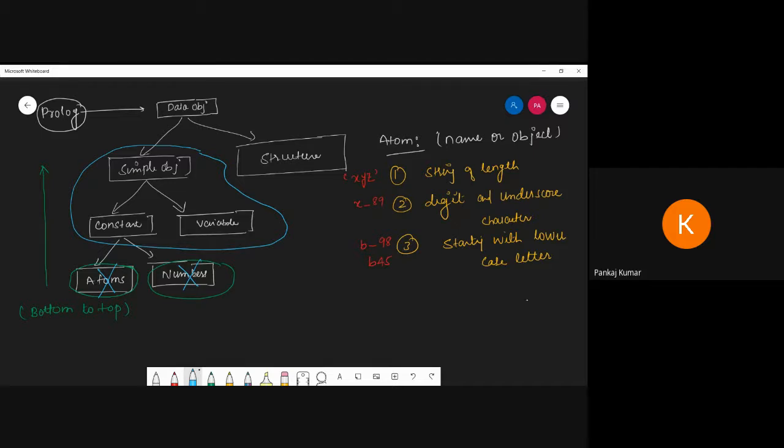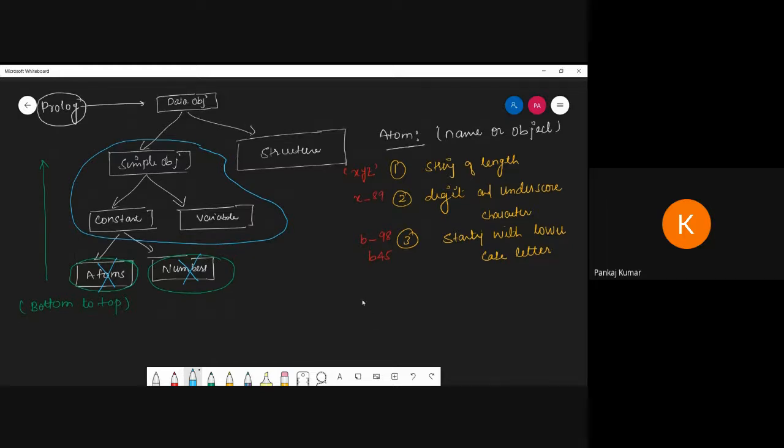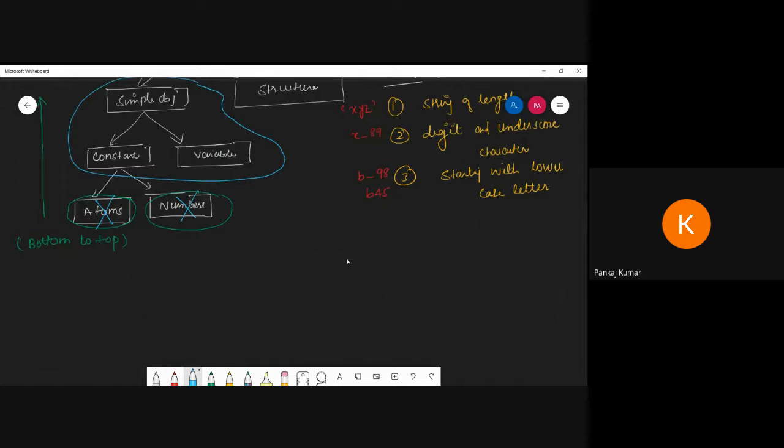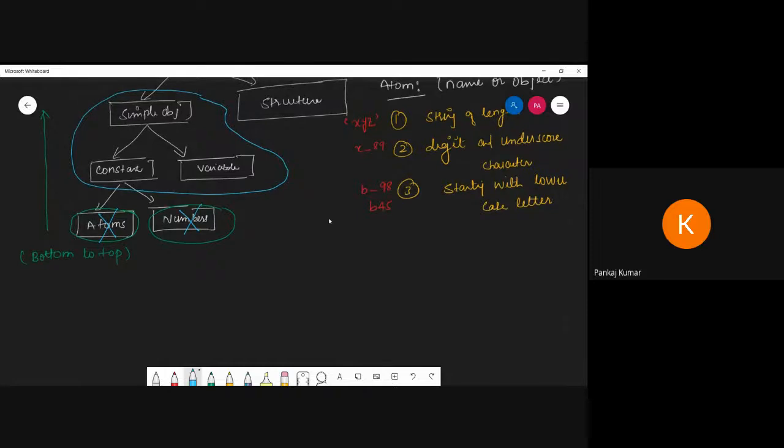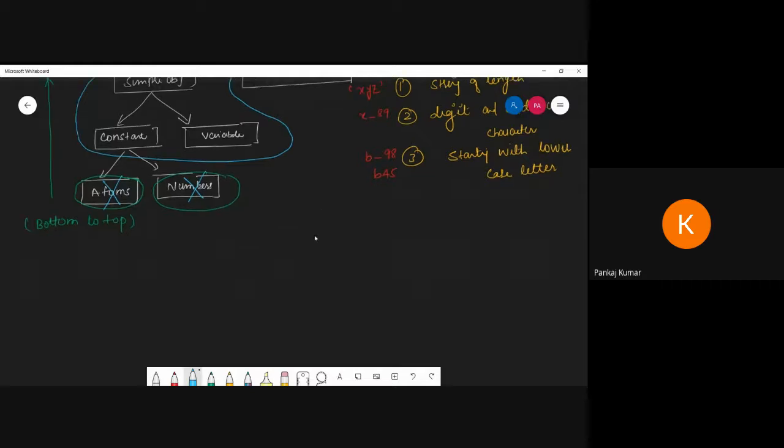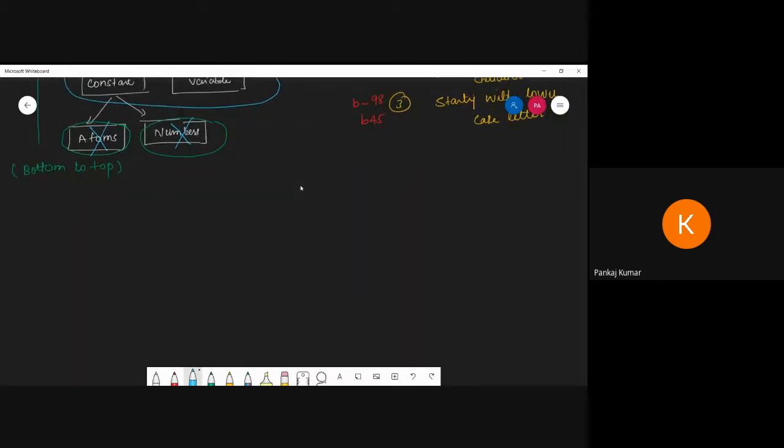So a simple object can also be defined with the constant and variable. It has some rules. A variable is a string of length, digits and underscore characters. The same process we can use, and they start with an uppercase letter or the underscore. Now I'm going to write variables. So the topic is variable.